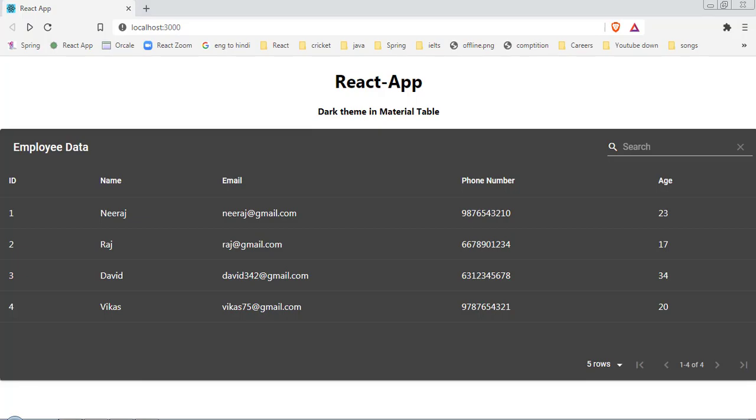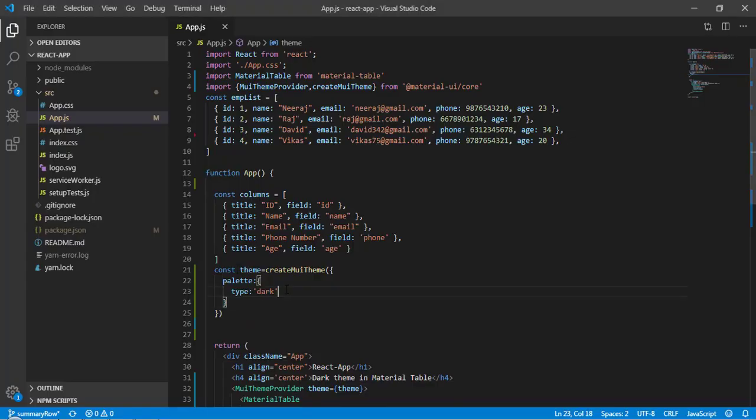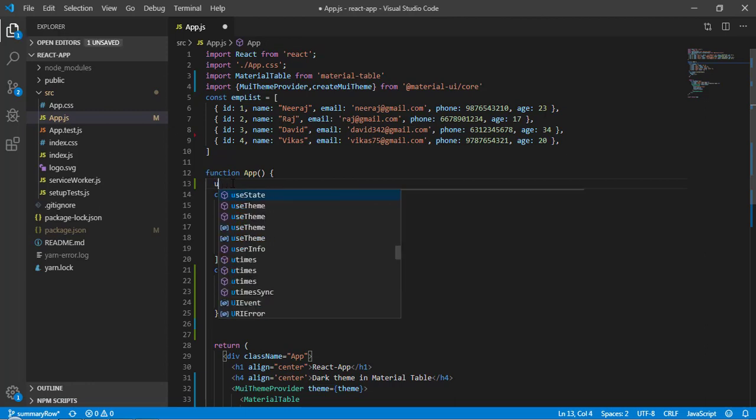Now we have two values, light and dark, and on click of the switch we have to toggle that value. We will see how to do that. For that we have to manage a state. So here let's create a state by using useState.